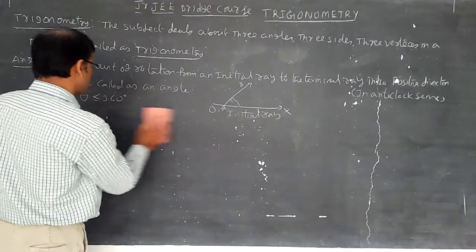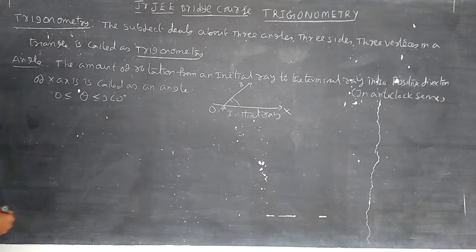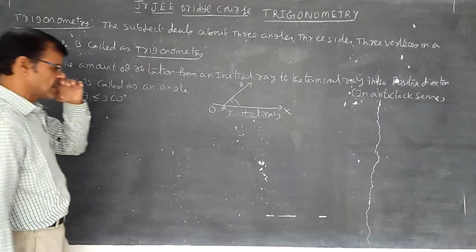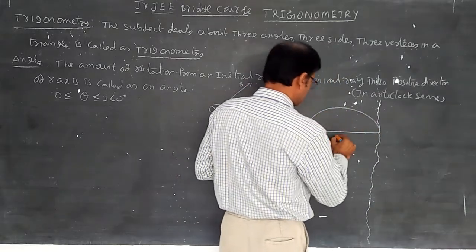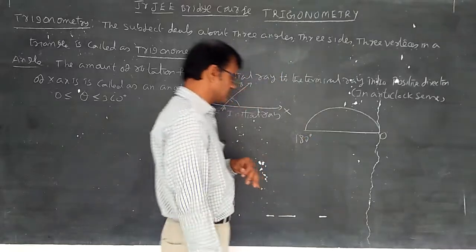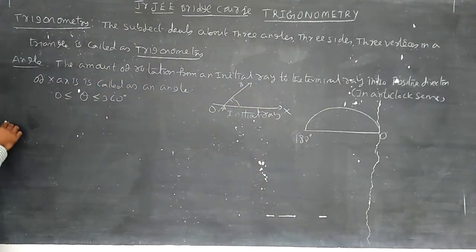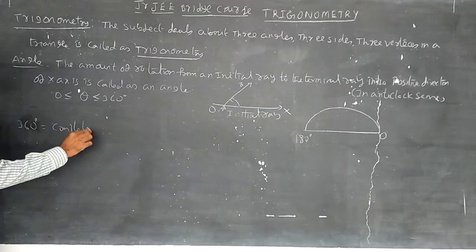But every number depends upon the complete angle 360 or the half angle. It is called a linear angle, 180 degrees. It is pi. Here it is 0 and this is 180 degrees. I think you know that 360 degrees is called a complete angle and 180 degrees is called a straight angle.